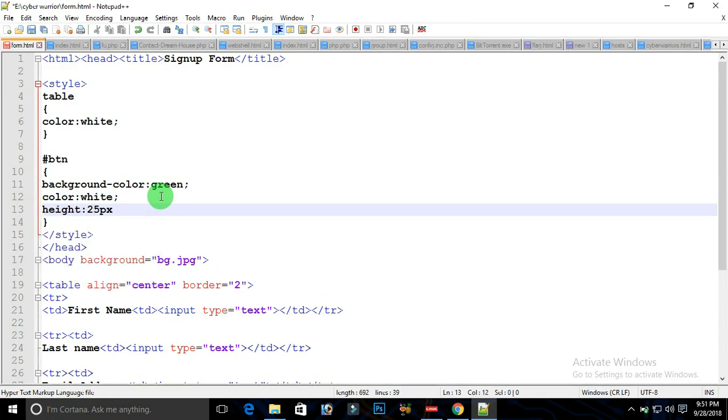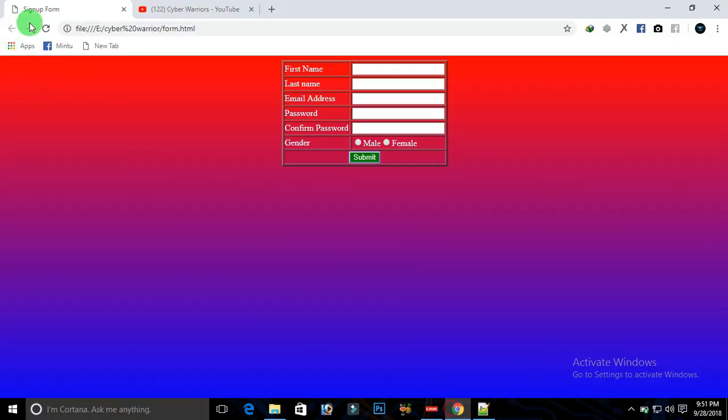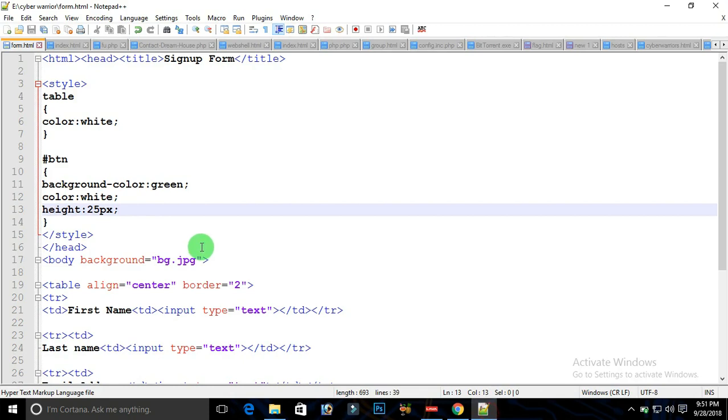The px here means that it is being defined in pixels, not in percentage. Later on we will be discussing whether to use pixels or percentage. So I am saving my document and reloading it. As you can see, the alignment is a little bit off, so I am typing 35 pixels. Save your document,